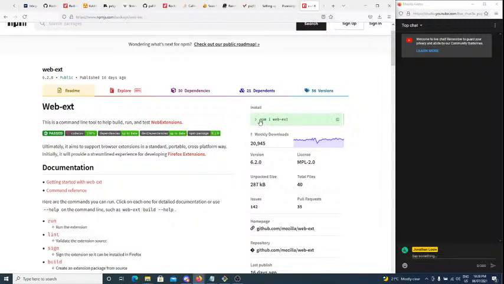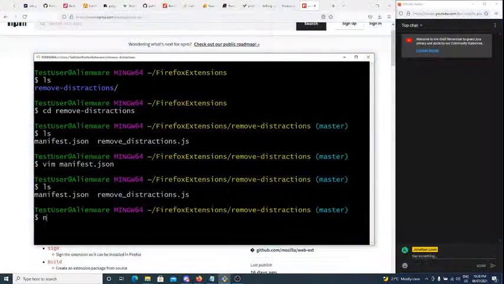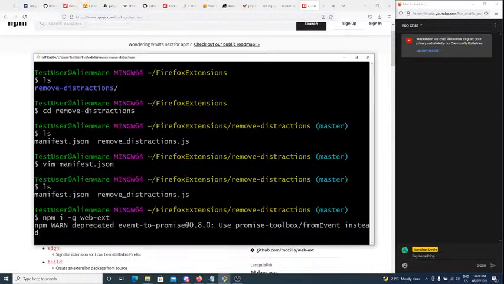You can npm i -g this to install it globally. Let me just do that right now. WebExt. What this does is it lets you package your extension so that you can actually install it in your browser. So that's pretty much it.